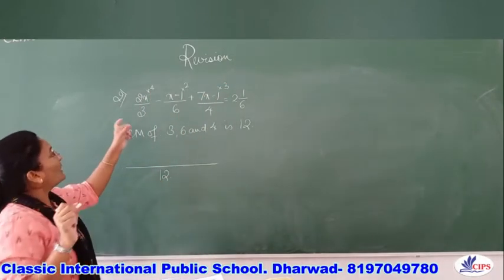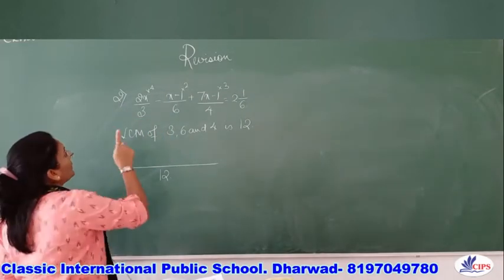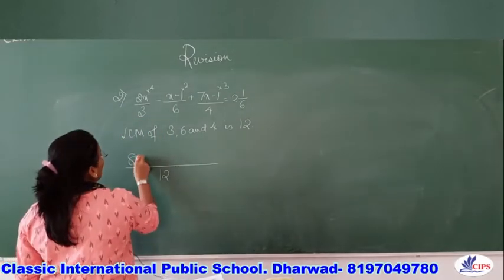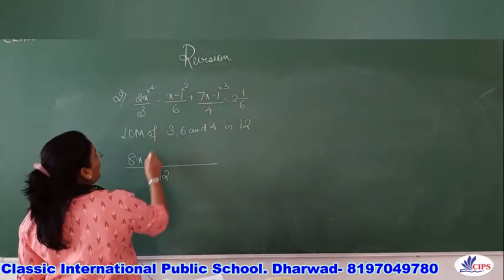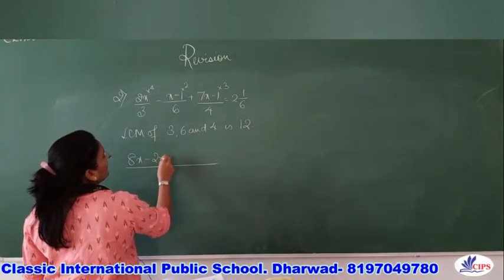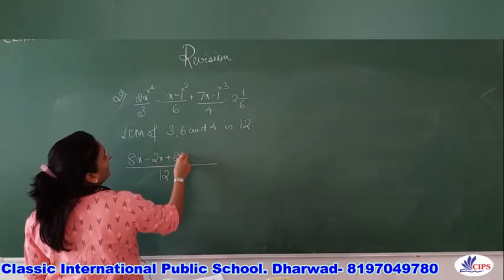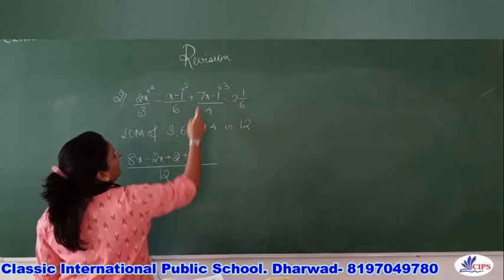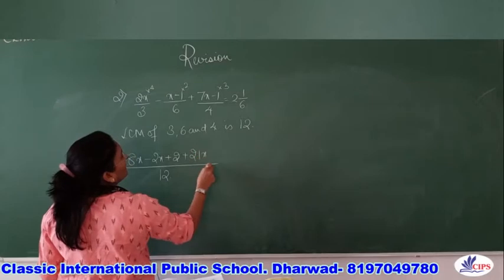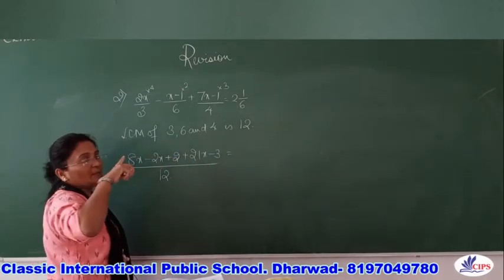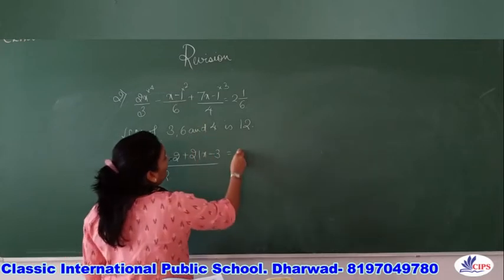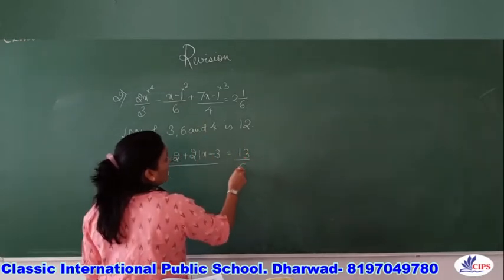So what I will do, I will multiply the terms now. What is 2x into 4? It is 8x. Now here we have a minus sign and this 2 also has to be multiplied, so it will be minus 2x plus 2, then plus 7x into 3 will be 21x and minus 3 equals, so I will convert that into an improper fraction. 6 2s is 12 plus 1 is 13 by 6.